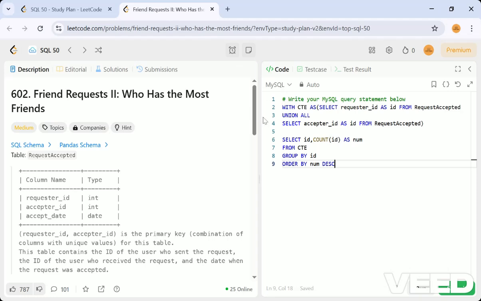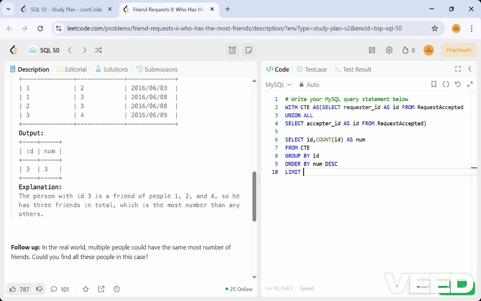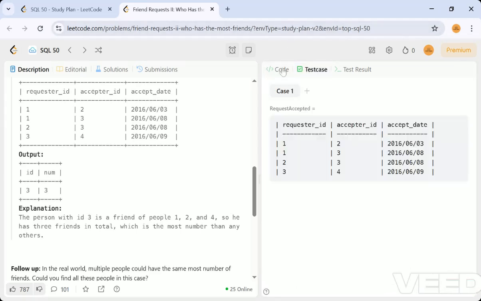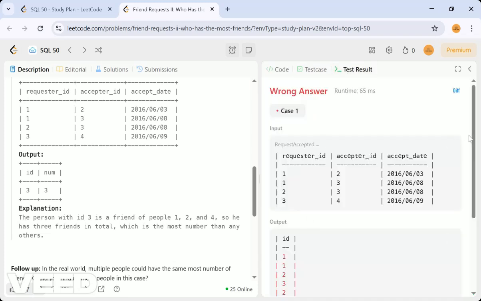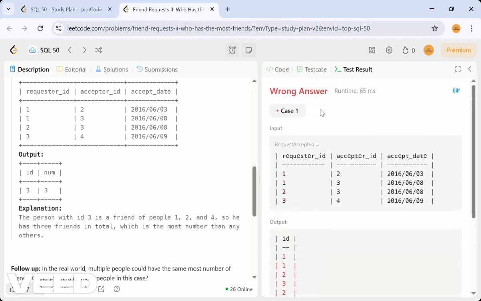So only one user, the greatest, is wanted, right? So if I order with group by and then give a limit of one, that is nothing but the top order we will get. That's the highest count which I get from here. If you see the test results I ran previously, these are all the things. If you see, three times got repeated, right? If you see two, only two times got repeated. If you see four, only once, and two is one. So the highest order of repetition will get the ID, right?